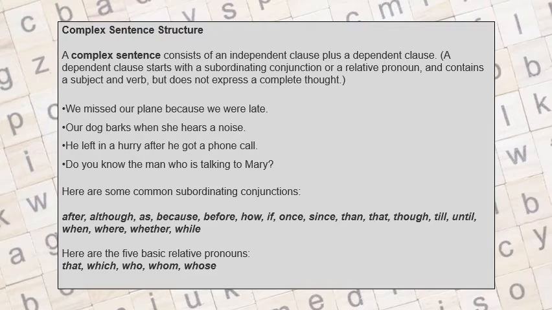See, always the dependent clause will be the reason or the cause or the result of the first independent clause action. For example, see, we missed our plane because we were late. We missed our plane, and the clause is telling the reason why we missed out, because we were late. So it is just like we are giving the reason or the effect of something.